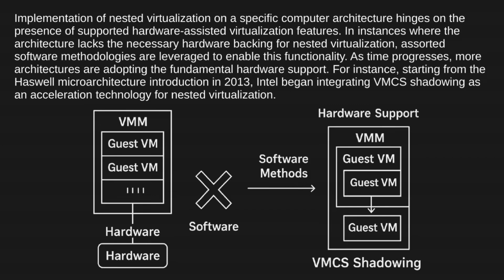Implementation of nested virtualization on a specific computer architecture hinges on the presence of supported hardware-assisted virtualization features. In instances where the architecture lacks the necessary hardware backing for nested virtualization, assorted software methodologies are leveraged to enable this functionality. As time progresses, more architectures are adopting the fundamental hardware support. For instance, starting from the Haswell microarchitecture introduction in 2013, Intel began integrating VMCS shadowing as an acceleration technology for